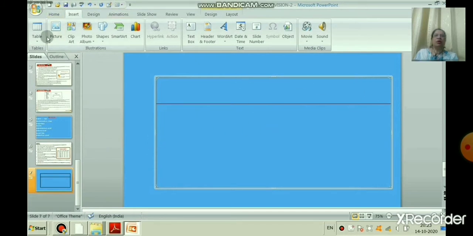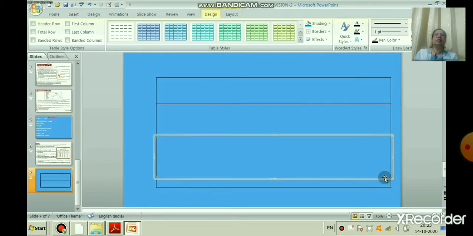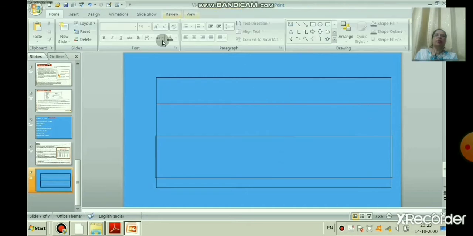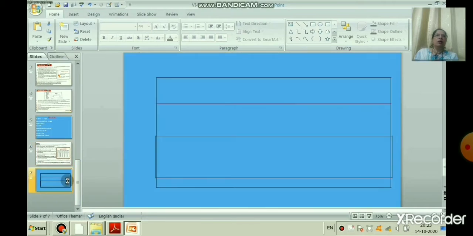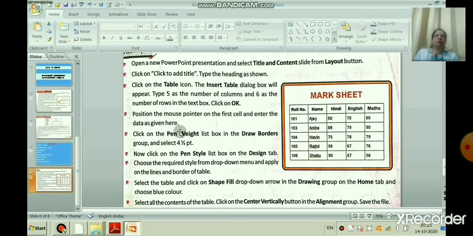Now we will create one new slide using Insert and New Slide. Table tools. There are a number of options present on the Design and Layout tabs.